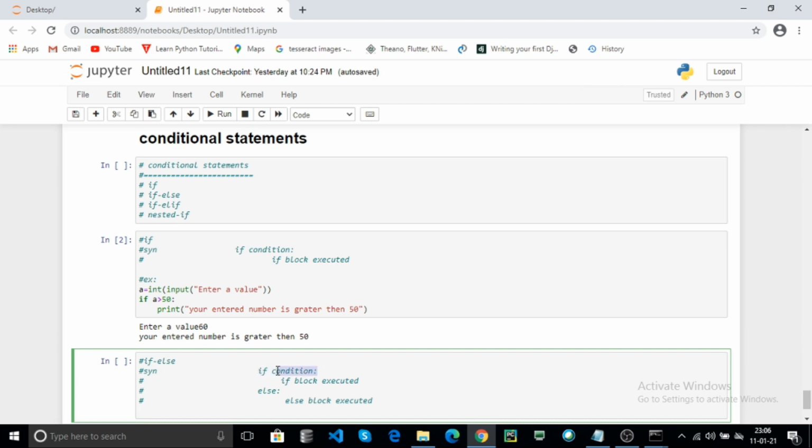If the condition is true, the if block is executed. If the condition is false, the else block is executed. In Python, we must follow the indentation. Here this is the indentation.